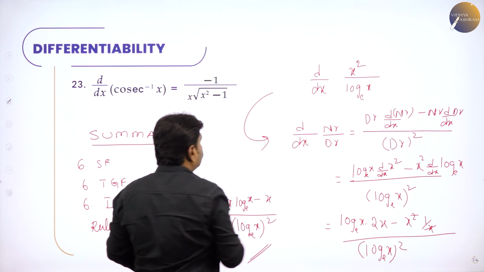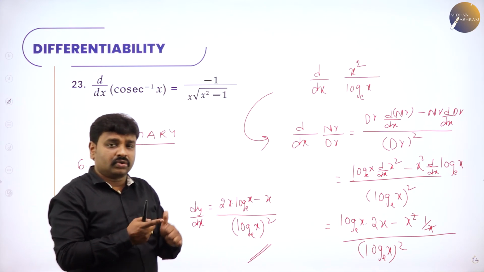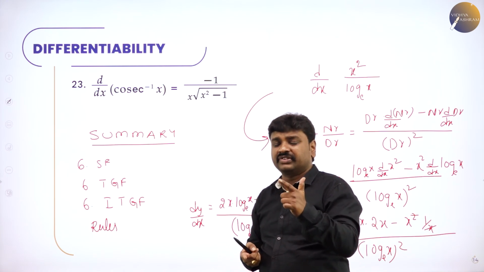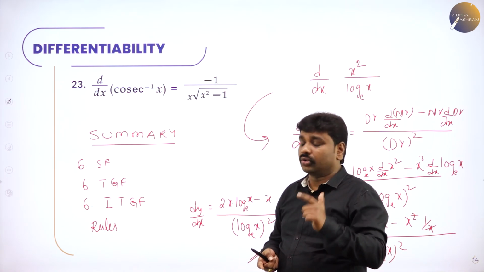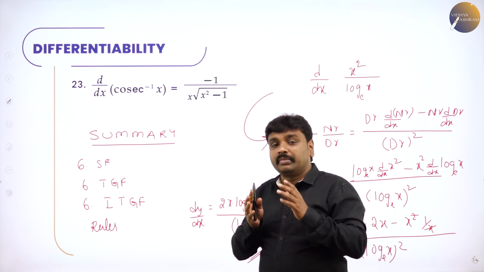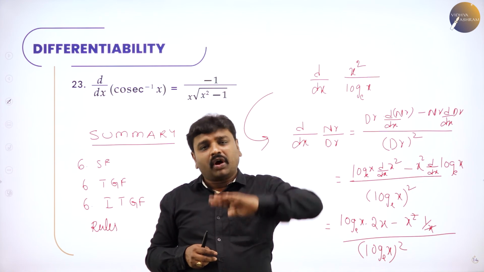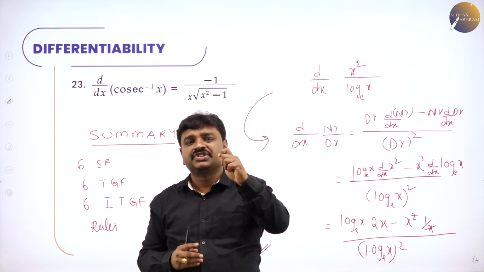So I demonstrated the quotient rule. For a constant, the derivative is 0. For a constant into a function, take the constant and differentiate the function. For plus or minus, you apply the differentiation to each. For a product, use the product rule; for a quotient, use the quotient rule. So for my next session, what I expect from you is simple: become thorough with all the formulae and rules of differentiation. We'll start with the chain rule.